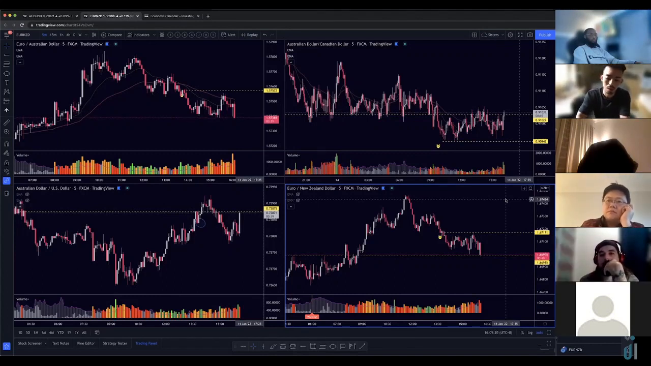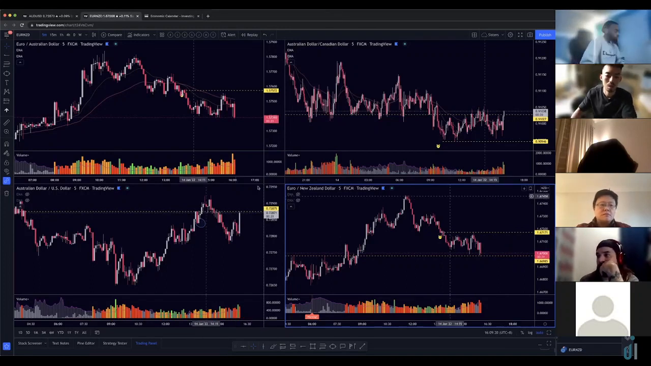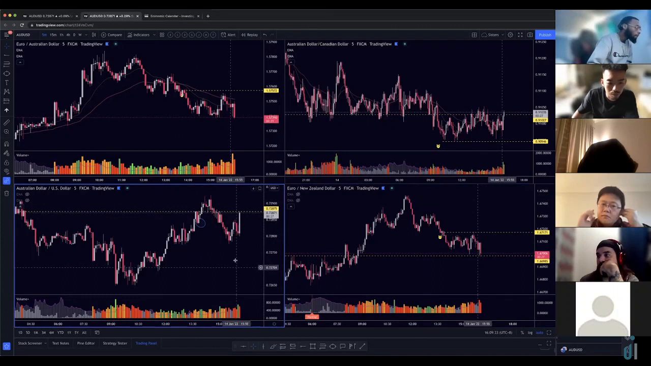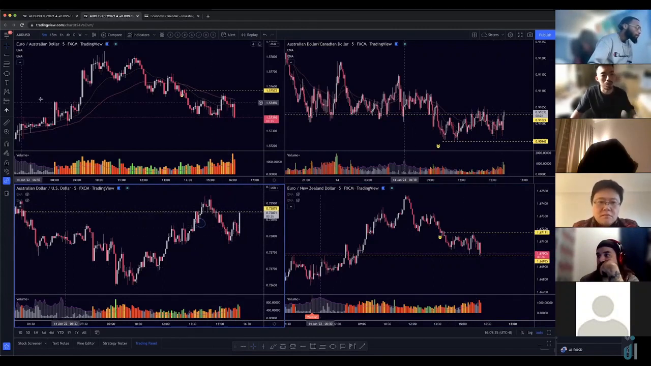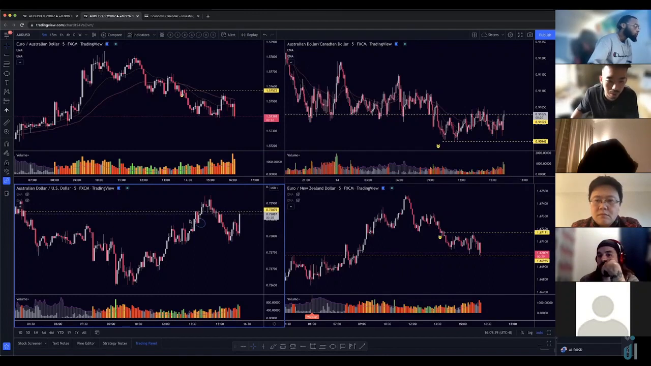So for whatever the case is, say Aussie USD, when we see stuff like that happening, this is the part where we really have to be concerned. Because there were a few things, right? The fact that on the higher end,